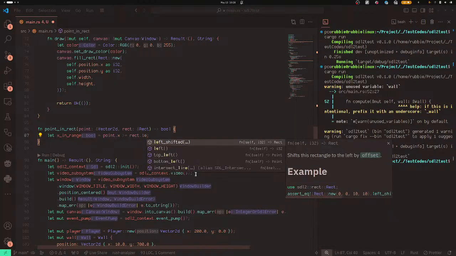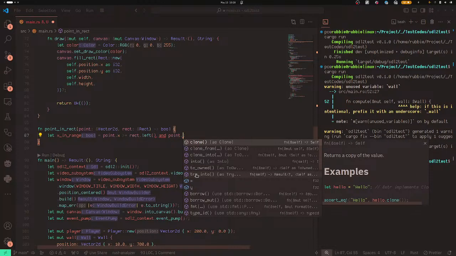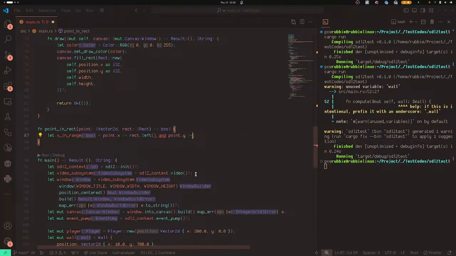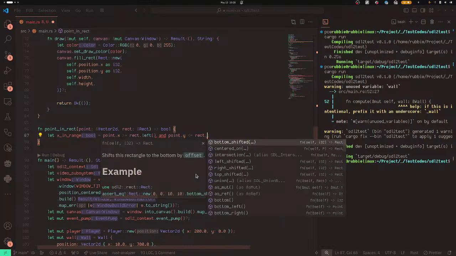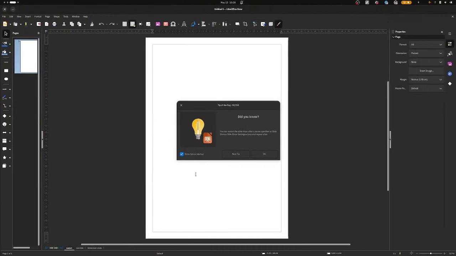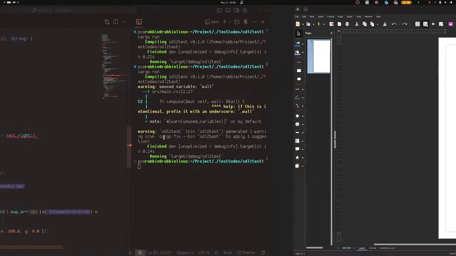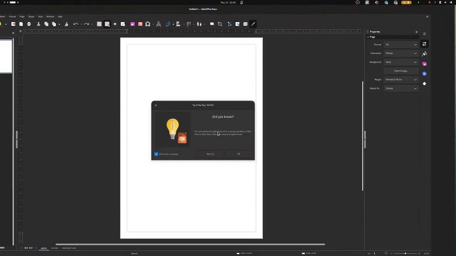Left, and point x is less than or equal to rect dot right. So that means, okay, I missed the semicolon after writing Python. So that would mean here